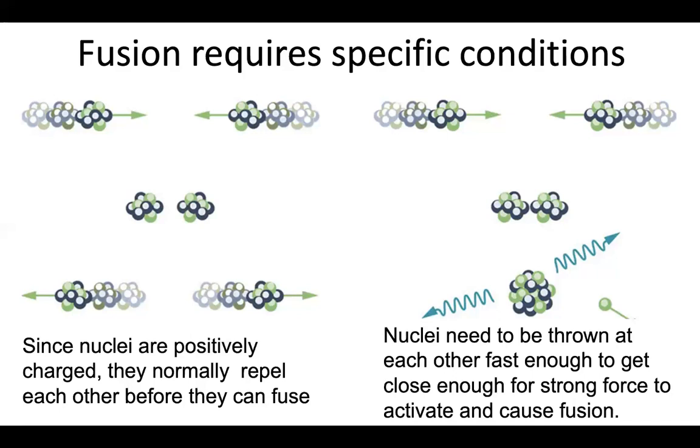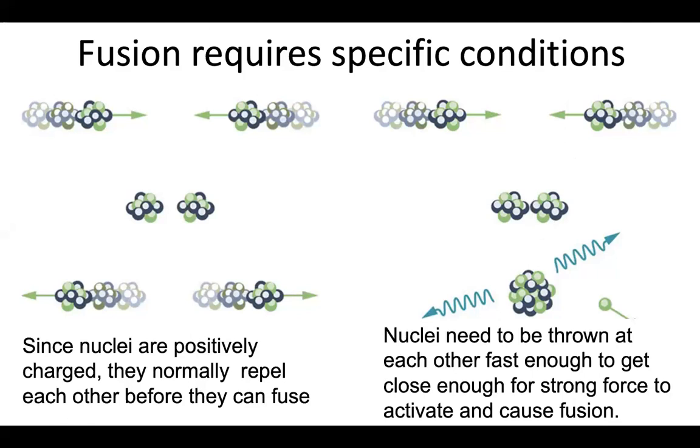That only works, though, if you can get them close to each other, and their electric charges are going to prevent that unless they're coming together really fast or they're packed together really tight. So you can either put something that pushes those together. That's practically not that useful because of practical reasons. The other way to do it is throw them at each other really fast so that they basically don't slow down enough until they're actually touching.